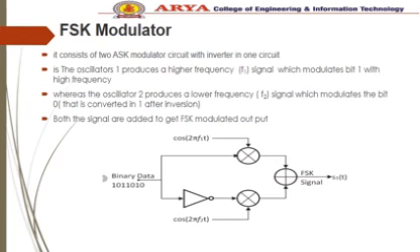So here we have a requirement of an inverter. As we are seeing, the signal that is passed to the cos 2 pi f2t frequency signal is firstly inverted to make the 0 a 1, and then it is modulated with the low frequency. So we get a combination of the low frequency and high frequency signals, and then these signals are added to get the FSK modulated output signal.